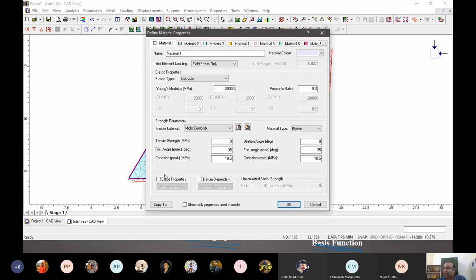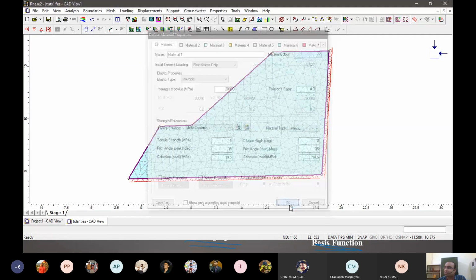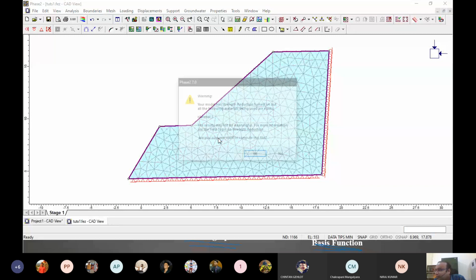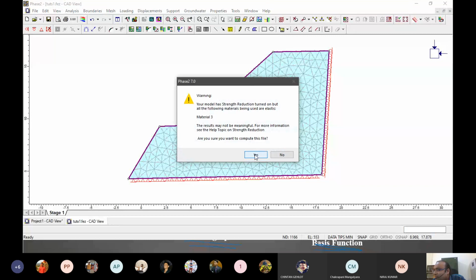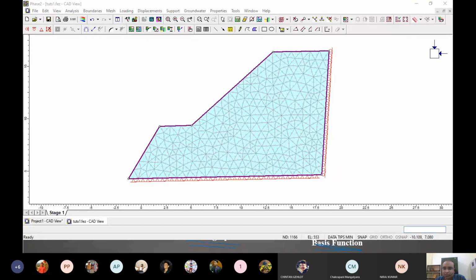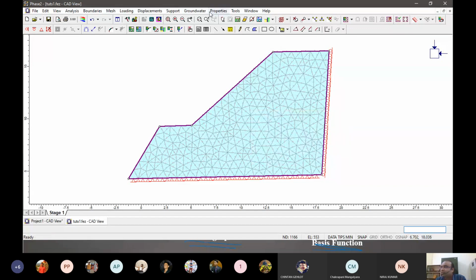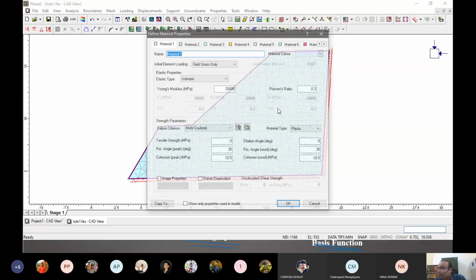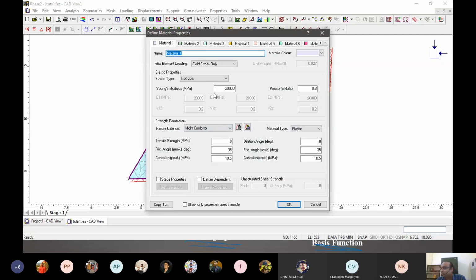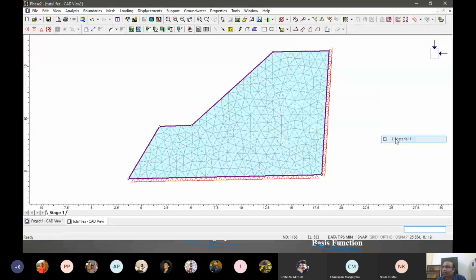Plasticity basically means how the material will behave after the elastic zone, so we can give that as residual angles and residual moduli. We will see all this, but just to see what happens. Oh, what did I do? I think I have made a different material elastic. Yes, I have made material 1 elastic. So let's put material 1 here. Okay, and then we can do that.